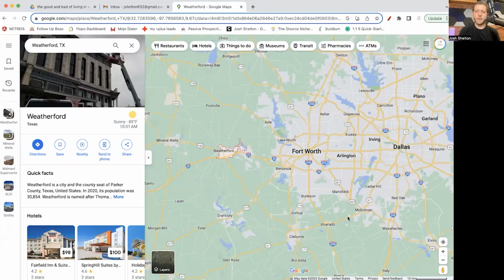All right, so just jump right in. So let me share my screen. We are going to jump into the Google Maps. Weatherford, as you can see,